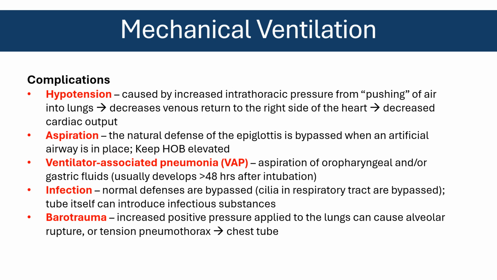Complications: the patient can become hypotensive. Oftentimes you don't think, why would a patient become hypotensive from the ventilator? Well, they are receiving unnatural amounts of pressure from the vent because the vent is pushing in air, and that's unnatural. Especially when you have patients who need a lot of pressure, that is going to put strain inside your thoracic cavity. And what's inside your thoracic cavity? Your lungs and your heart and the really big vessels delivering blood to the heart,